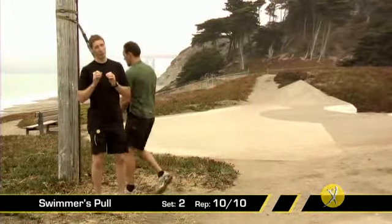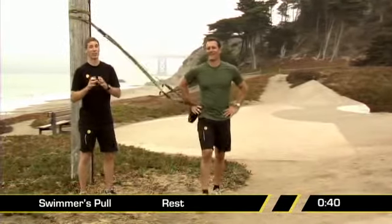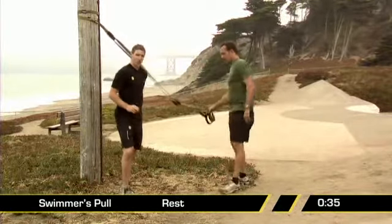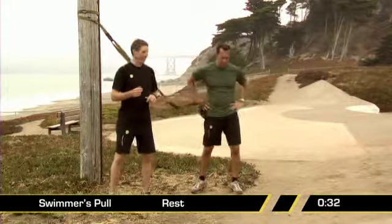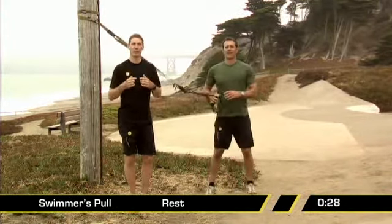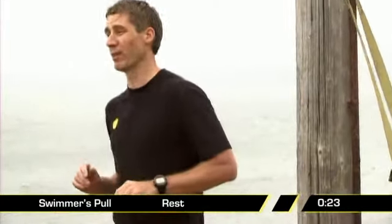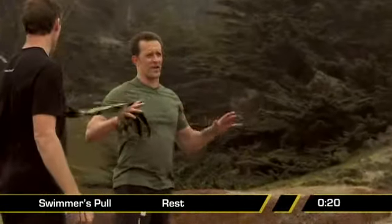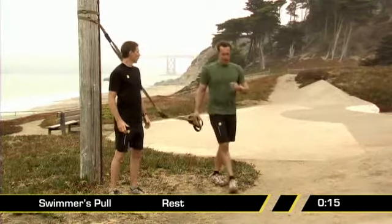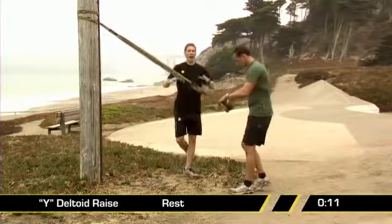45 seconds, your back should be feeling like it's almost toast, and unfortunately that doesn't bode well for you because we're getting into our shoulder sequences. There's lots of postural work. Now this shoulder sequence, as I let Randy pace and catch his breath again, is going to be great for building shoulder stability, great for strength, and really good for your postural strength and injury prevention. We're gonna be working those rear delts and the whole shoulder girdle from about 200 degrees throughout this. All the way around. So to begin with, again, we're going to start in that Y position,